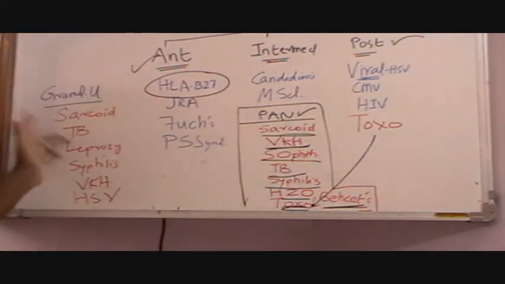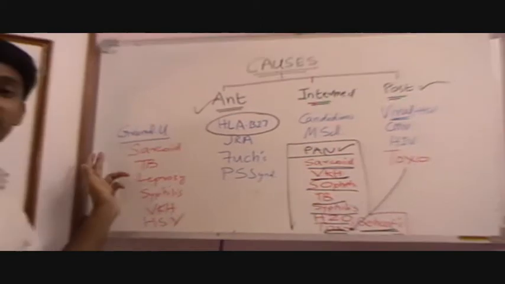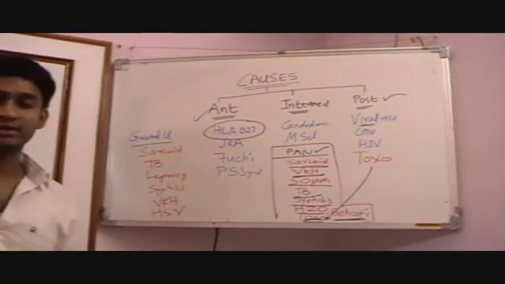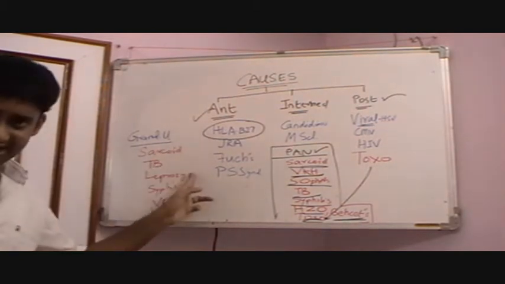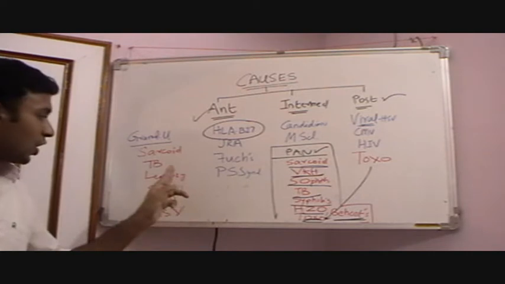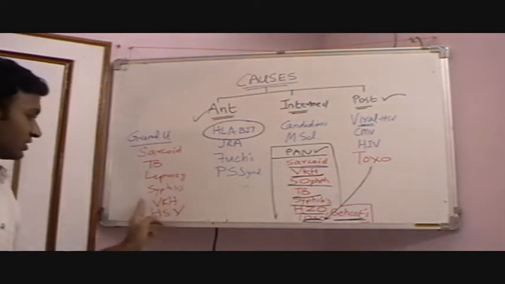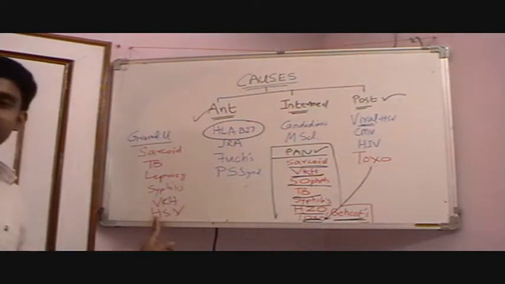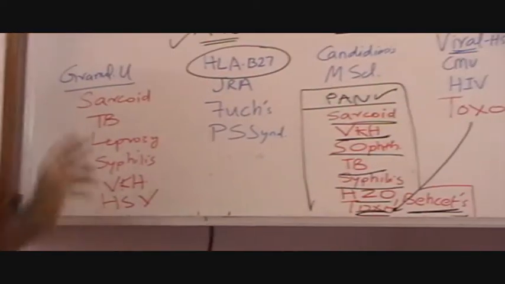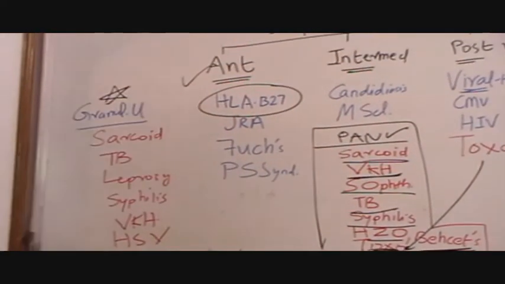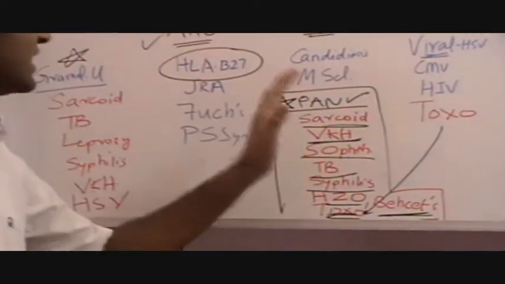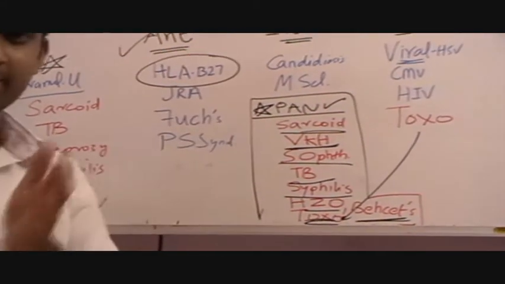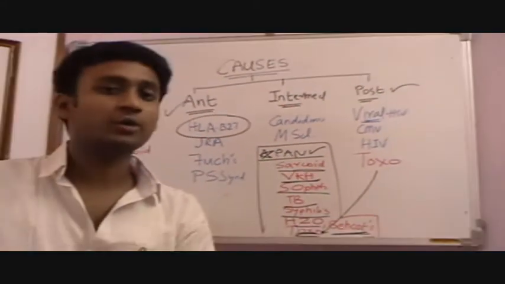Another similar list is granulomatous uveitis conditions. What are the causes of granulomatous uveitis? Any granulomatous diseases like sarcoidosis, tuberculosis, leprosy, also syphilis, also VKH syndrome, Vogt-Koyanagi-Harada syndrome, HSV, herpes simplex virus. So this list is important. Remember these two lists. First, I'll take up each cause separately. I'll discuss salient MCQ points only related to each. So first I'll talk about